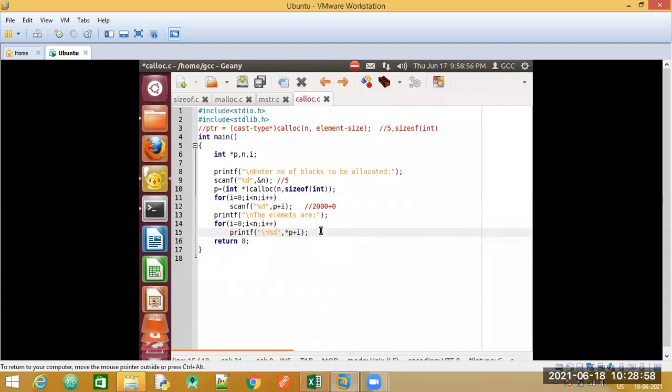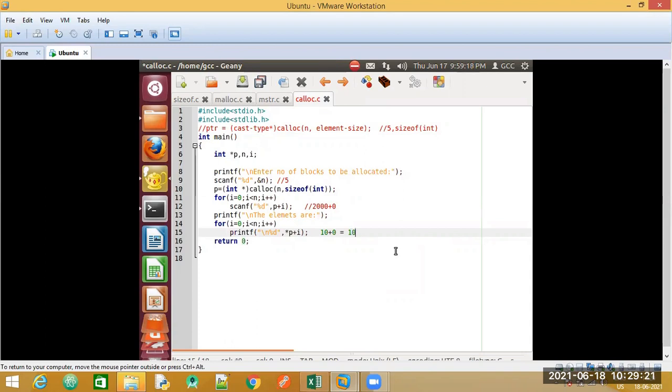Star of P. You tell me the value of star of P. Star P is 10. Correct. Plus I, how it works is plus I. What is the first iteration value of I? 0. So 10 plus 0 is going to be equal to 10.